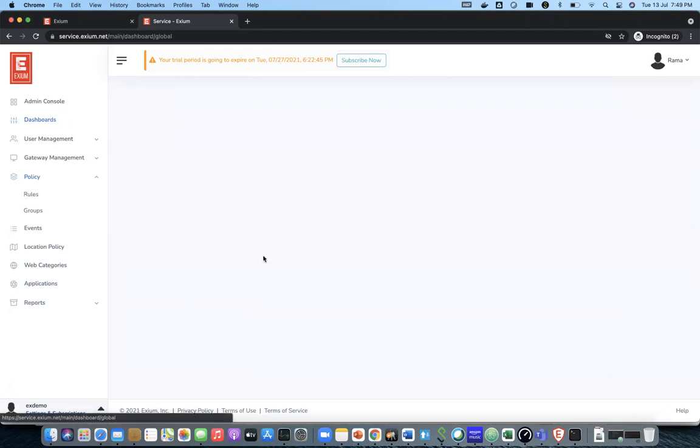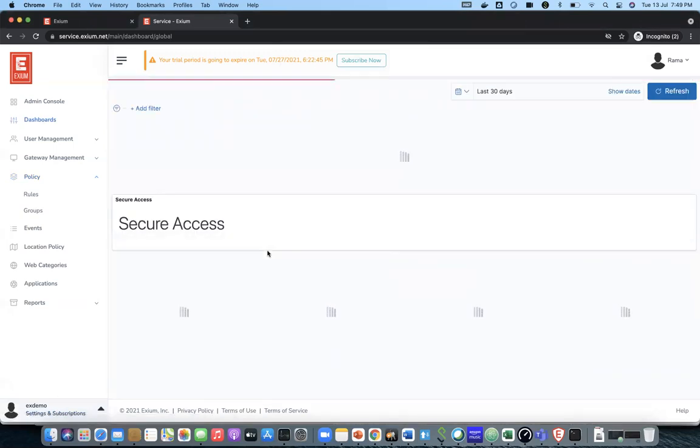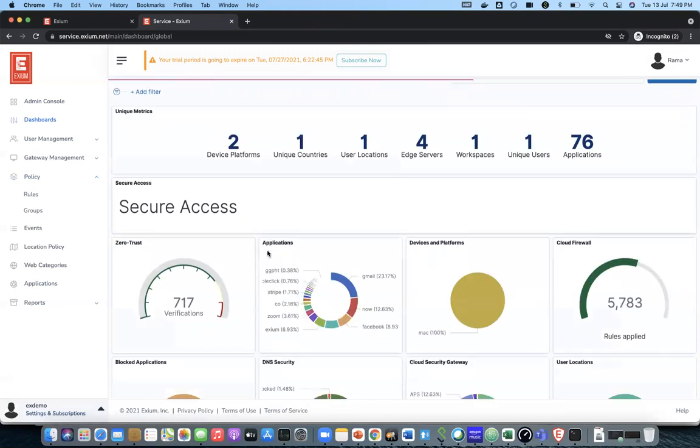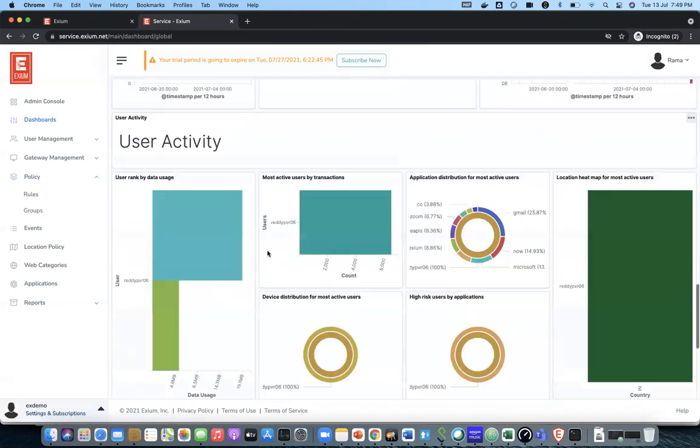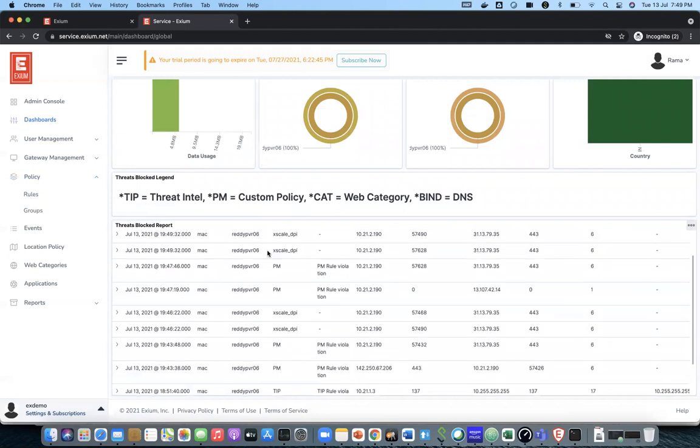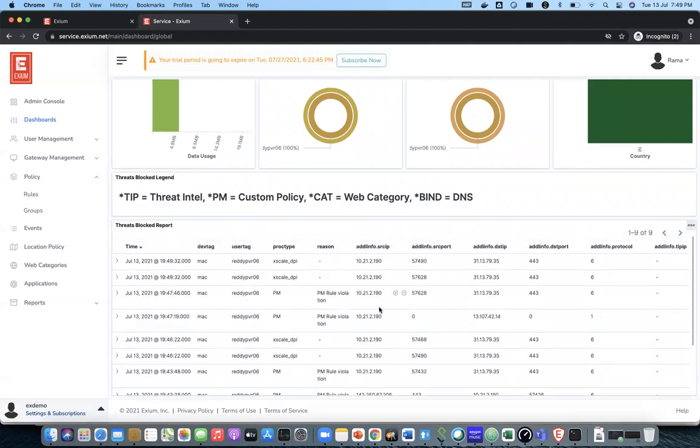The next part is that whatever policies got applied till now, you can see all those in the dashboard. When you go to the dashboard, you'll be able to see different things which are blocked. You can scroll down and see the PM rule violations.